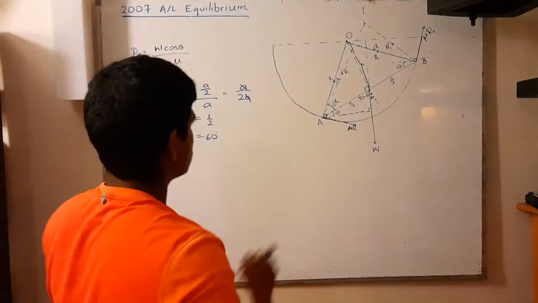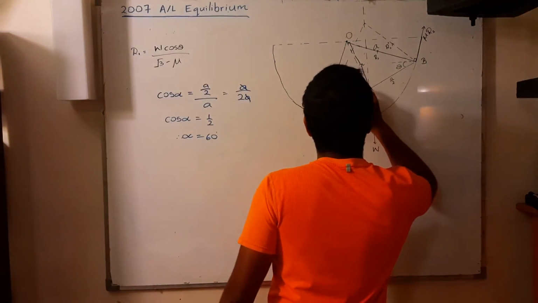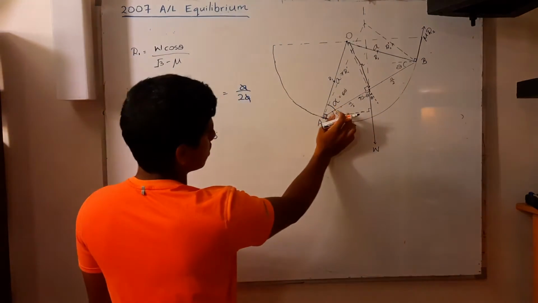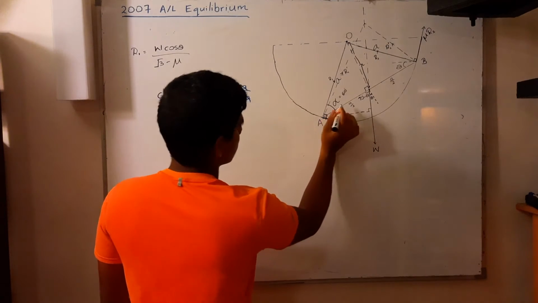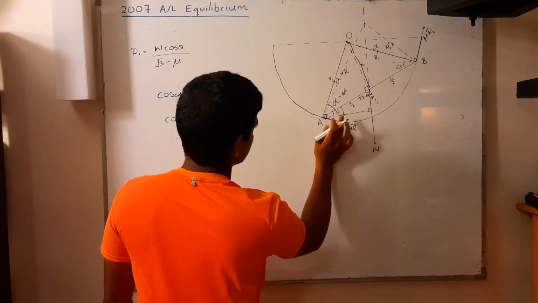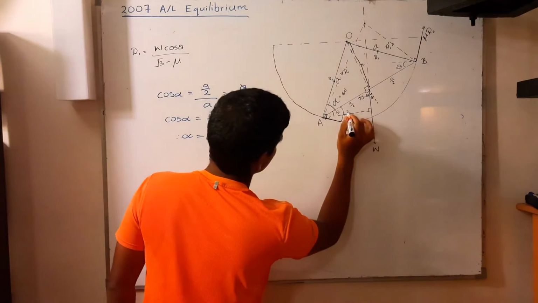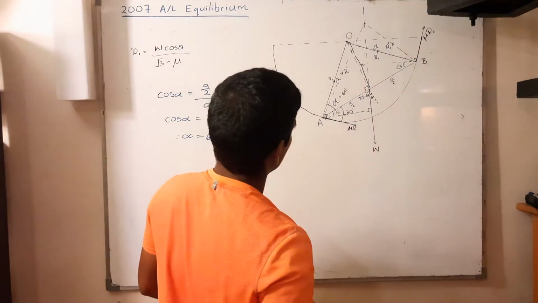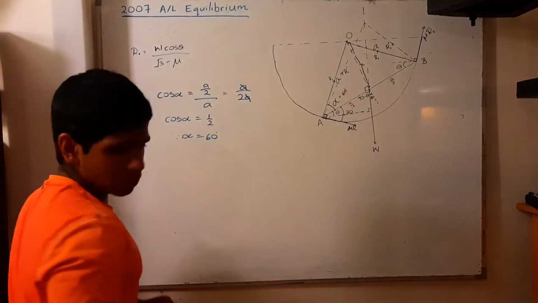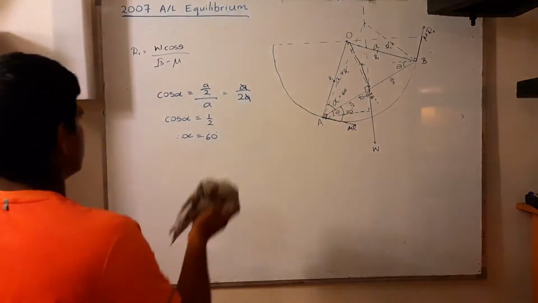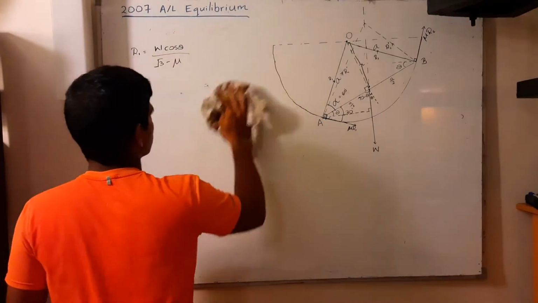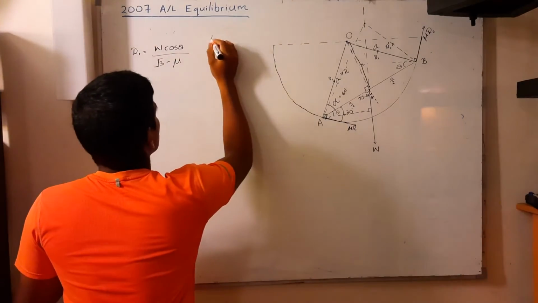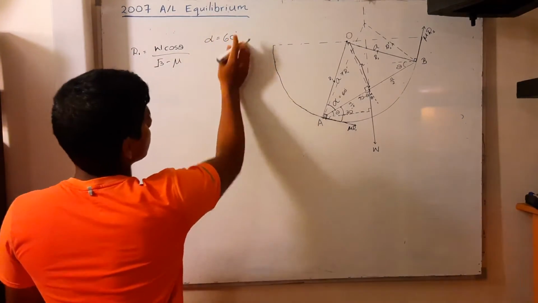That's something we need to find. So I'll just mark it over here. Alpha equals 60 degrees. Now if this angle is equal to 60 degrees, since the sum of this angle and this angle is equal to 90 degrees, we can come to a conclusion that this is equal to 30 degrees. That's also something that we are going to need in order to do the question. Since we found this, I'm just going to write it on top over here. Alpha equals 60 degrees.